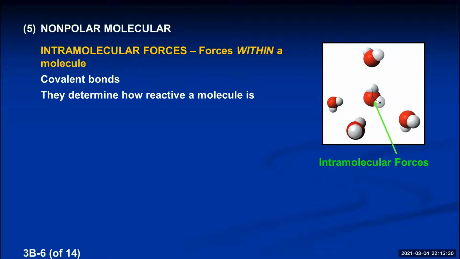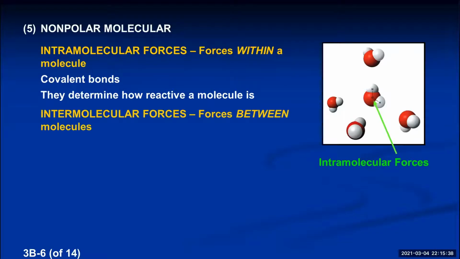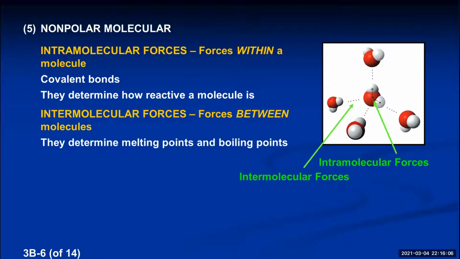Right now, we're just talking about solids and liquids, and why would something be a solid or a liquid or gas? So that's determined by what attracts the molecules to each other. Those are called intermolecular forces. Those are the forces between molecules. And if I show them with dotted lines in the picture, these dotted lines are the intermolecular forces. So if you want to melt a crystal of ice, you've got to overcome the intermolecular forces so the water molecules can come apart from each other. So these forces between the molecules determine melting points and boiling points, and we're talking about those in this unit, so that's going to be significant.